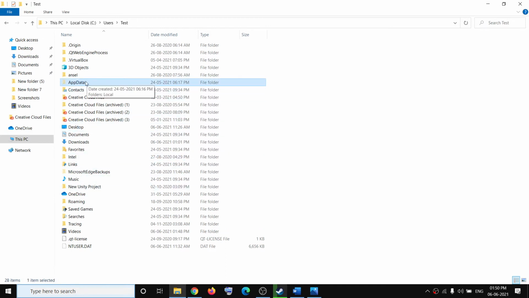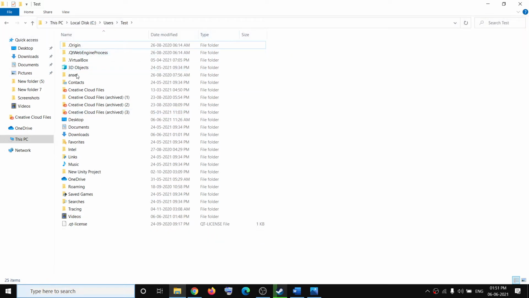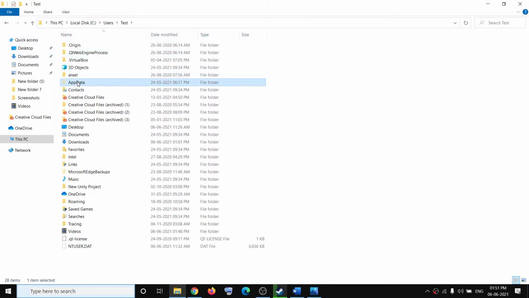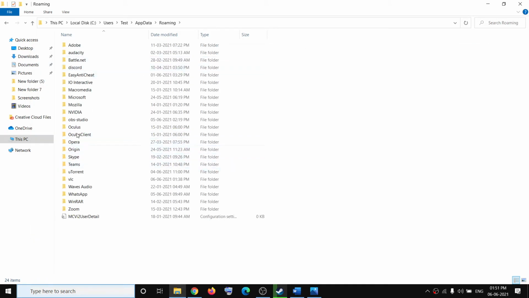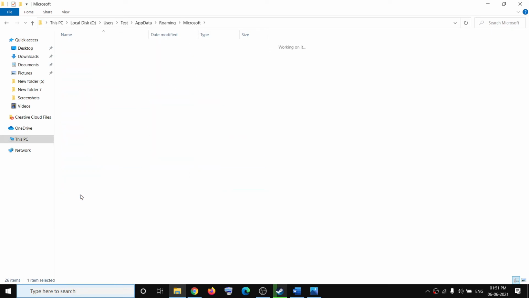In case you don't see the AppData folder over here, go to view, and then you have to put a check on the box which says hidden items. If this is unchecked, you will not see AppData over here. So click on view, then click on hidden items, and here you can see AppData. Open the AppData folder, then open Roaming, and then open the Microsoft folder, and then open the Teams folder,